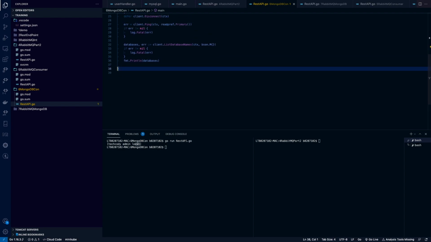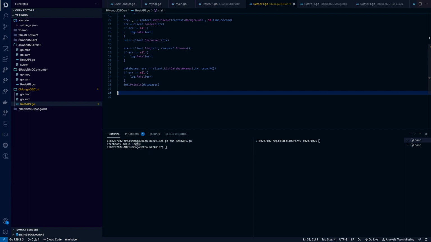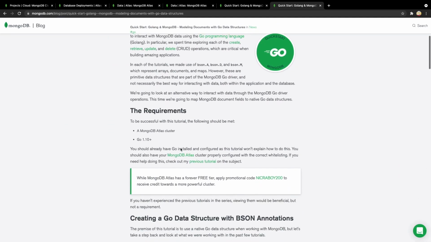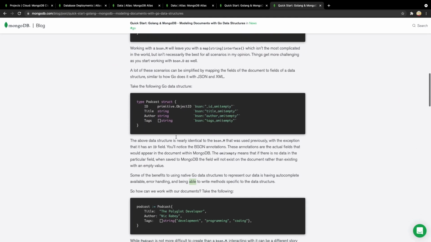Now let's extend this function further by performing the insert operation. So again, let's go back to the blog. What they are saying is that we need to define the struct. Okay, so we can copy that.